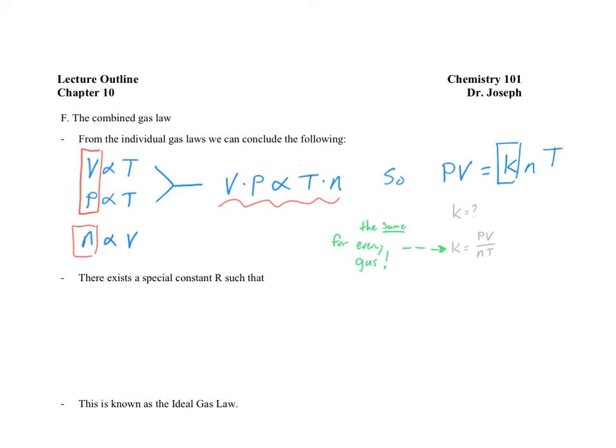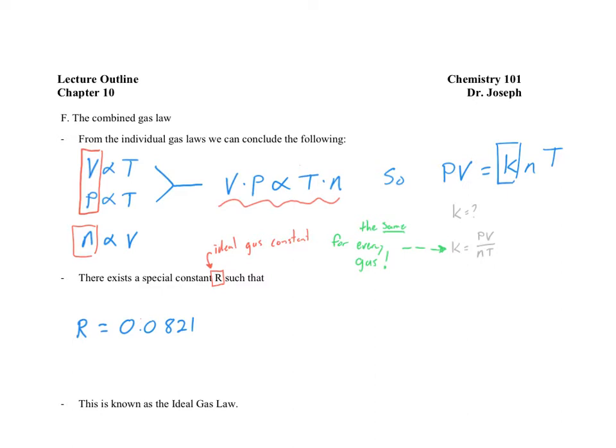Because this K is always constant, it turns out to be fairly important, especially for gases. And because it's so important, we assign it its own symbol. We assign it the character R, which is also known as the ideal gas constant. We say ideal because we're referring to an ideal gas; in the real world, actual gases do have some small variations that can be accounted for through various effects. So what is the value of R? R can be represented with a number of different values depending on the units that are used. The one we will use is R is equal to